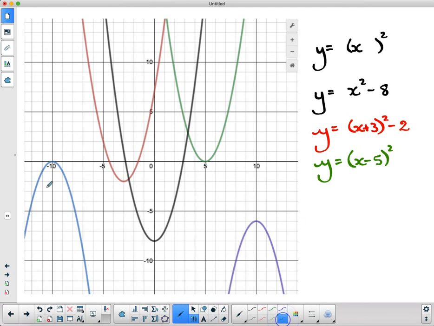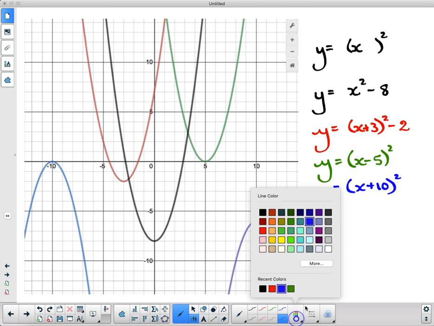And blue, way over here, it has no up or down shift either, which means that it's only going to be a bracket, and it's moved backwards 10 spaces. So it should have an x plus 10 in here. And don't forget your squared on your brackets. And the very last one, the purple one,